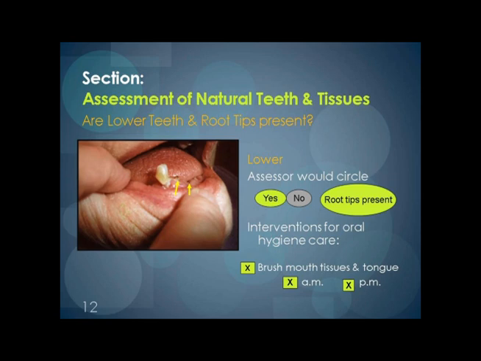For the OHAT category on dental pain, again, the assessor should consult with the regular caregiver to determine what behavior or barriers are encountered with regard to applying daily oral care. This is critical information to ensure the assessor takes the appropriate steps to ensure the resident is indeed receiving optimal